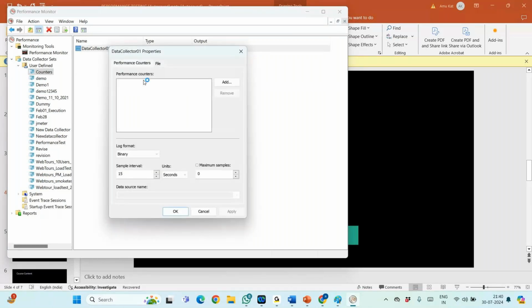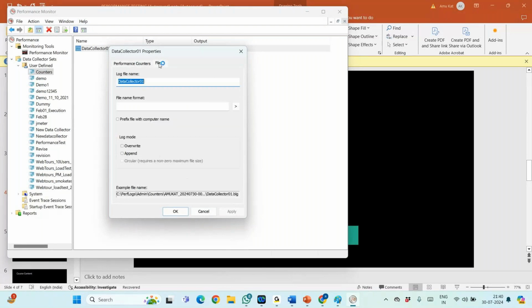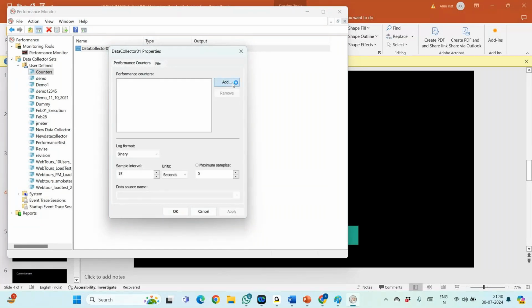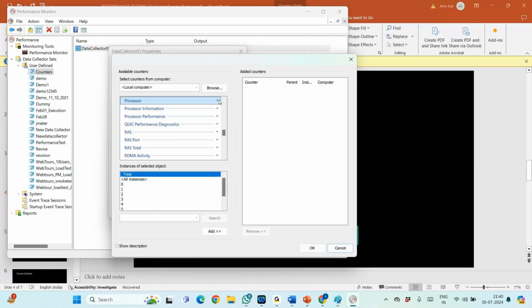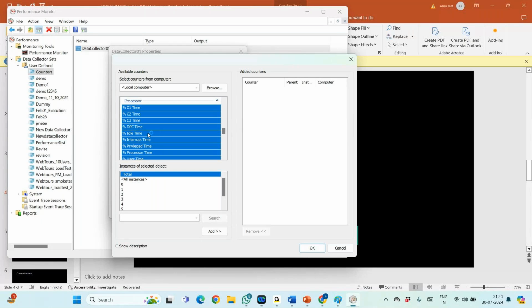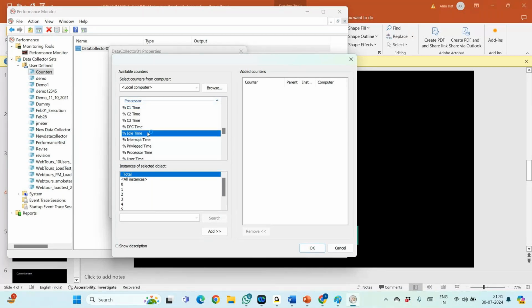So here we are able to provide the counters. What are all the counters we have? I just want my machine to take care of CPU. See, if I add this attribute, then it is going to tell how much time the CPU is working and how much percentage it is occupying,